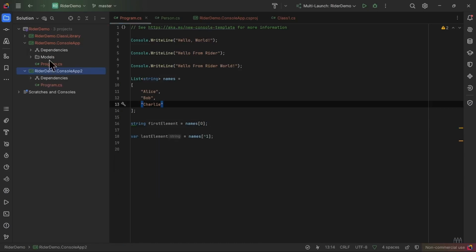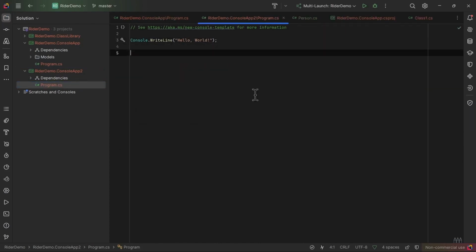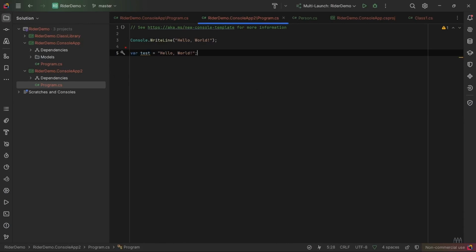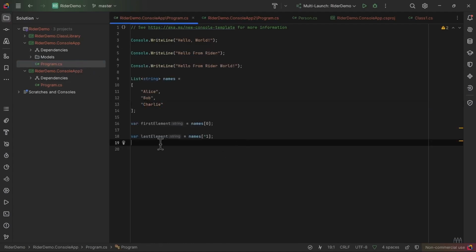As part of the demonstration, in a separate file, I might have a variable drinkTest with the value hello world. If I perform the use var action on it with the option everywhere in solution, as we can see shortly after, not only does this variable use the var keyword in the console Lab2 project, but moreover, the same change occurred to our variables in another project in the same solution. Thus, by using context actions, we can very quickly and conveniently make simple changes that will standardize our code across